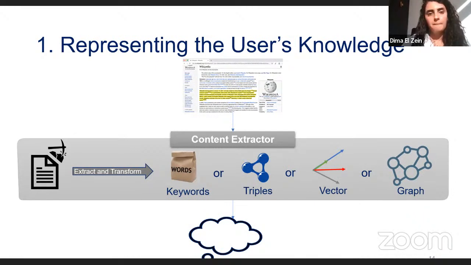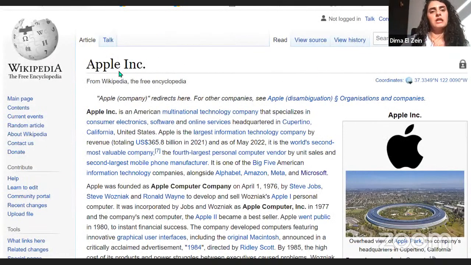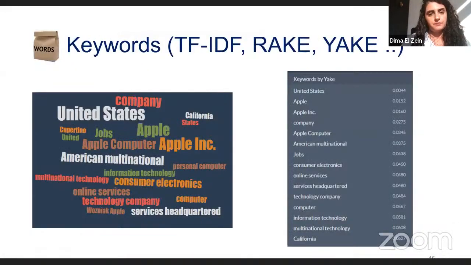So I went on Wikipedia, assuming that I am a user that read this article about Apple. And then I want to extract the knowledge inside it. If I want to start from the simplistic way, I say I want to represent them just as keywords. There are many different methods, in case we want to talk a bit about the technologies used. We have TF-IDF, RAKE, YAKE, and many other methods that will extract the important keywords, and that will help me say, okay, now this user knows about Apple, computer, American, international, multinational,